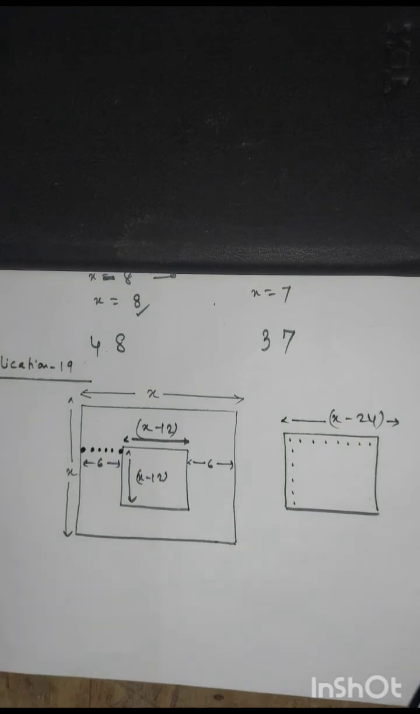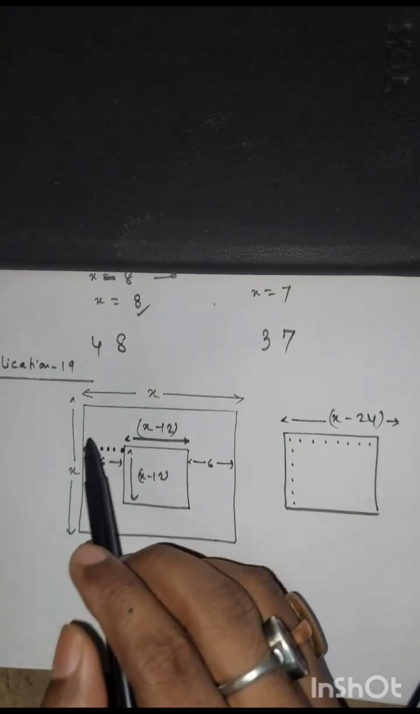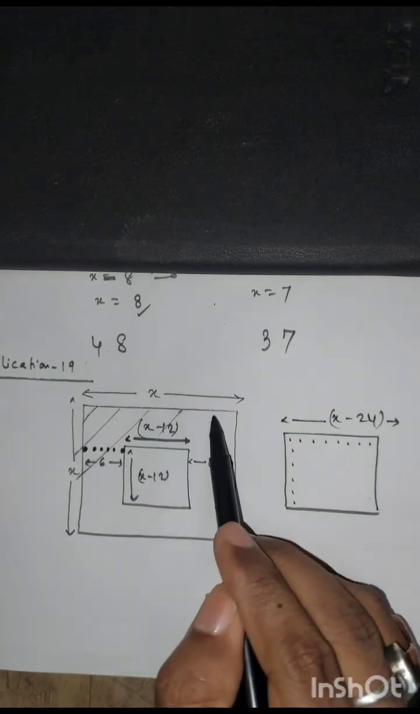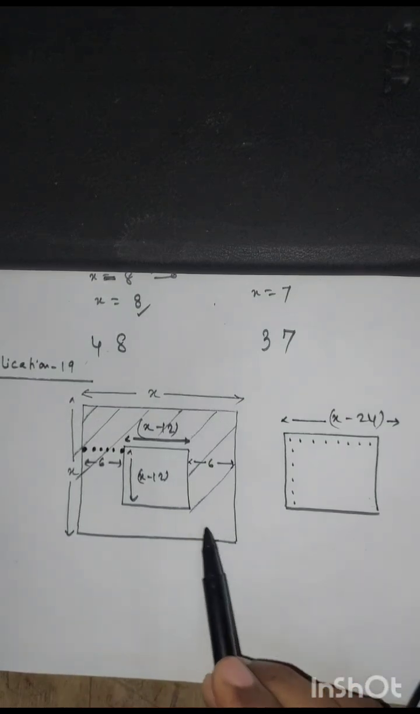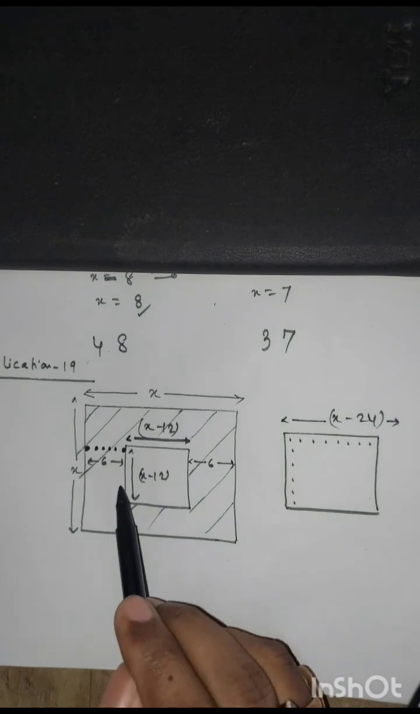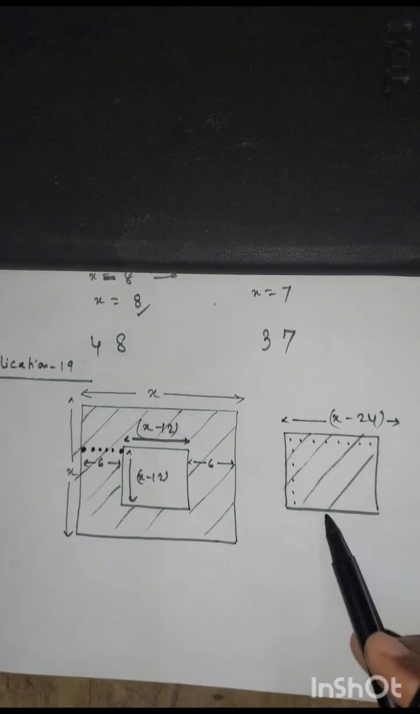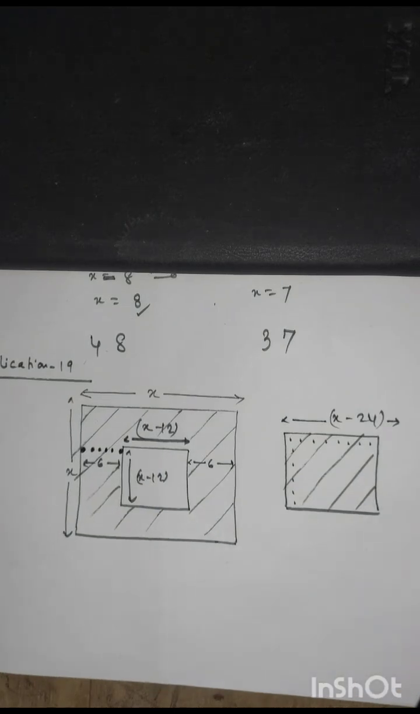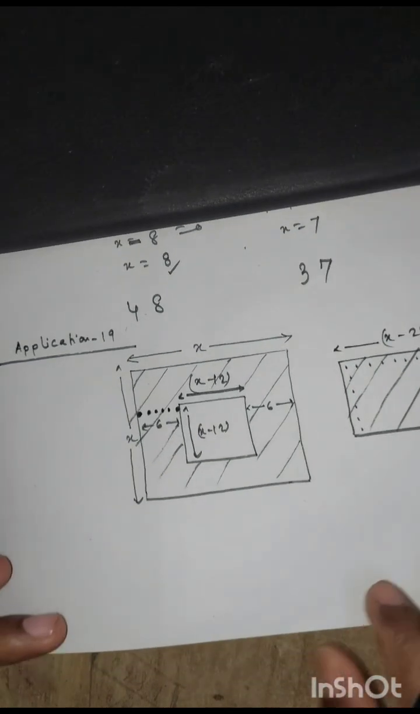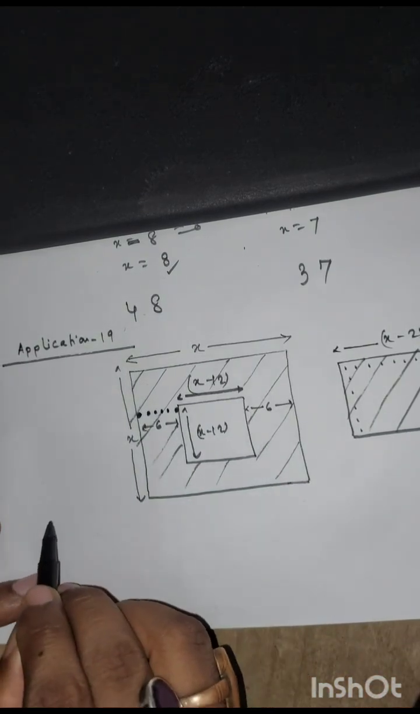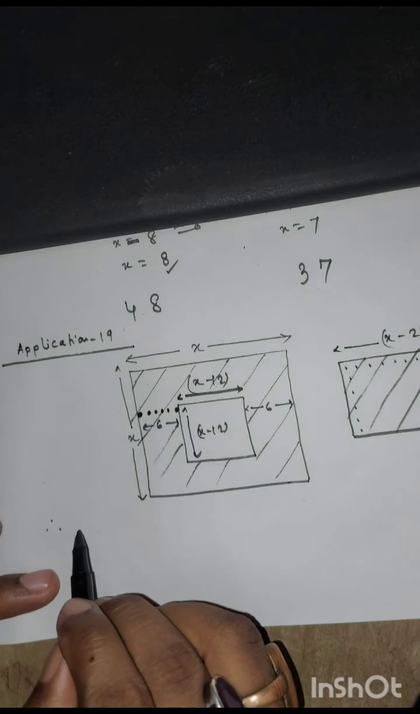Therefore, according to the question, the area of the shaded portion should be equal to the area of this part. This is what our question says. Therefore, this shaded area should be equal to